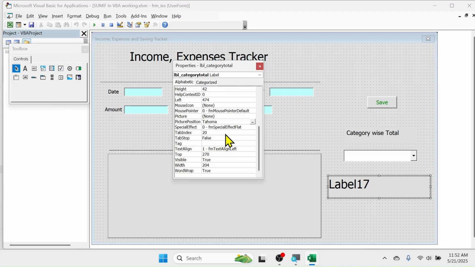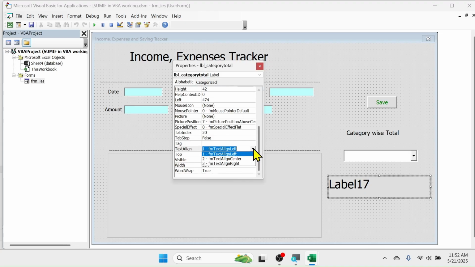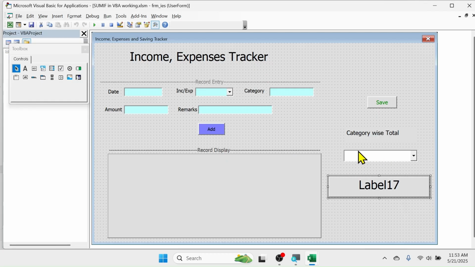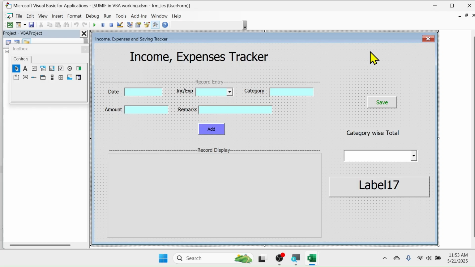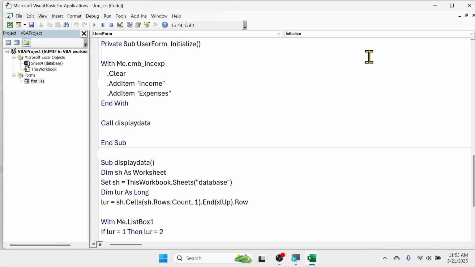Now go to the text alignment property of the label, then take here text alignment center option. Go to the special effect property and take here special effect raised option. Now you can close the properties window. First of all, let's assign the values like income and expenses in this combo box. For that, double click on the user form. Then here in the user form initialize procedure, we have to add the income and expense item in the combo